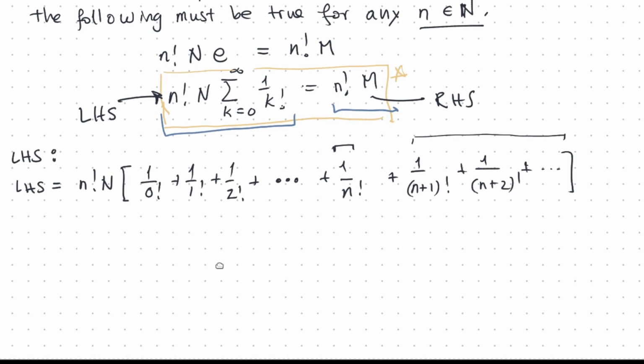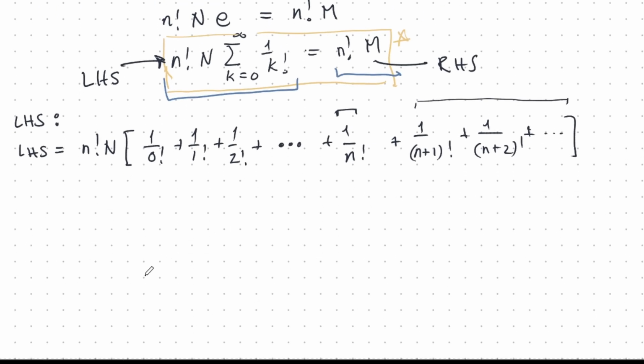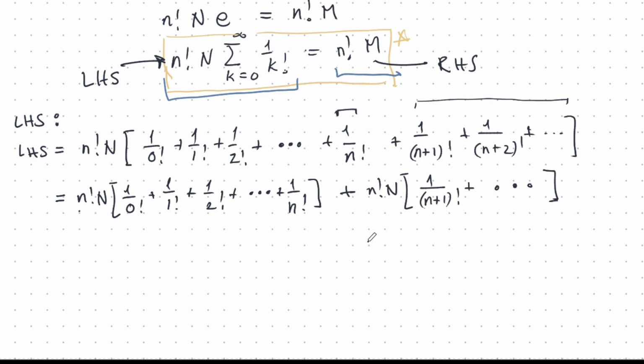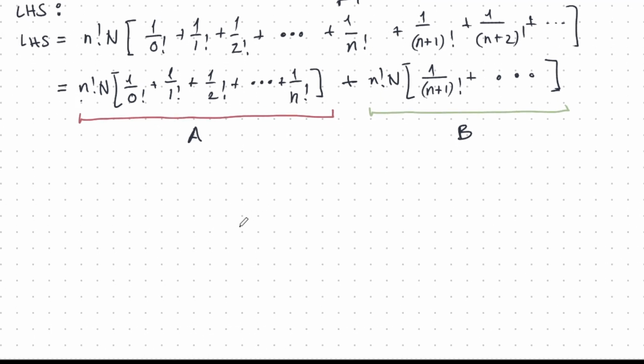Okay, so I actually can write this as two pieces now. I've got the first piece, which is the sum going all the way up to the nth term, and this little n is the same n that I've chosen over here to multiply both sides. And then I've got the tail term here, the rest of it. So these are two pieces, and I could call them A and B. This will be A, and this part will be B. And now it's time to examine A and B carefully.